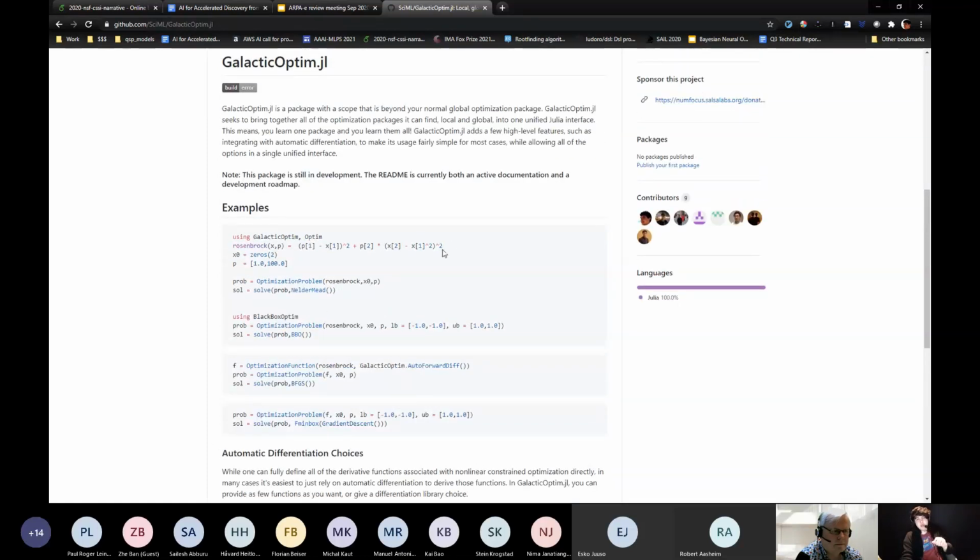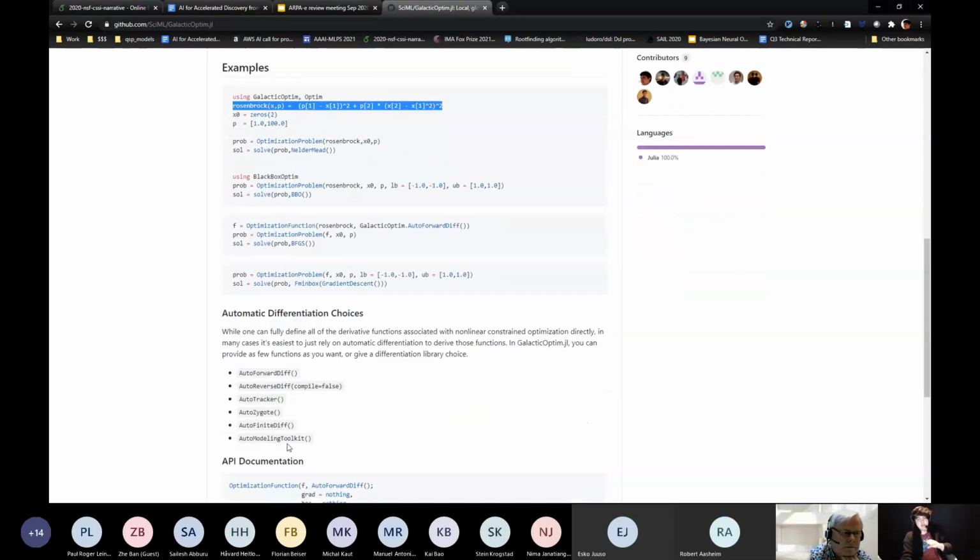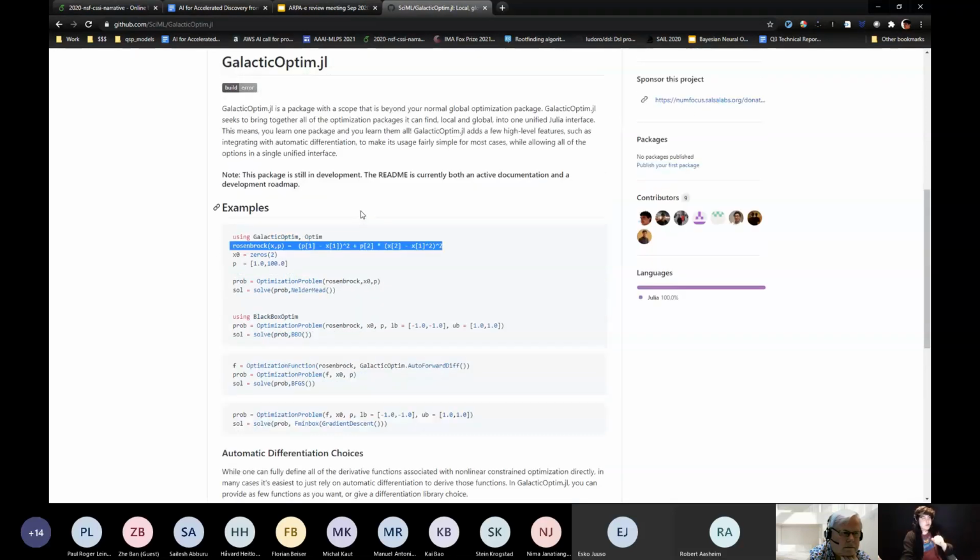So if you give it a function, it can output the ModelingToolkit form, to be able to do some extra accelerations. And so what this can do is it can automatically figure out what the symbolic form would be from the numerical code and then ship that off to Ipopt. So this is still kind of in development, but it is part of what we're working on.